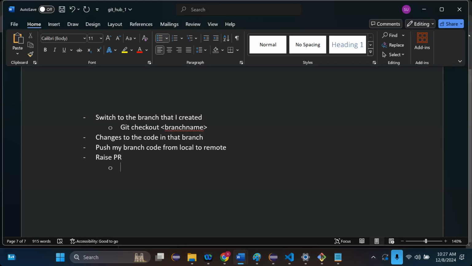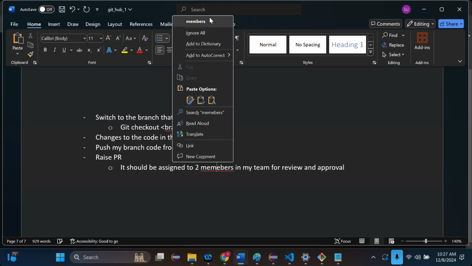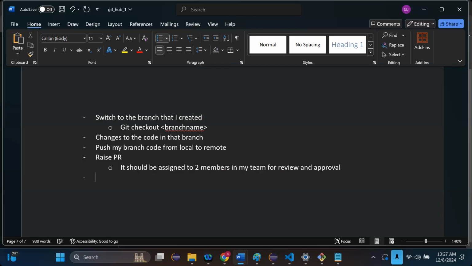And when I'm raising PR, it should be assigned to 2 members in my team for review and approval. And then if two members have approved,